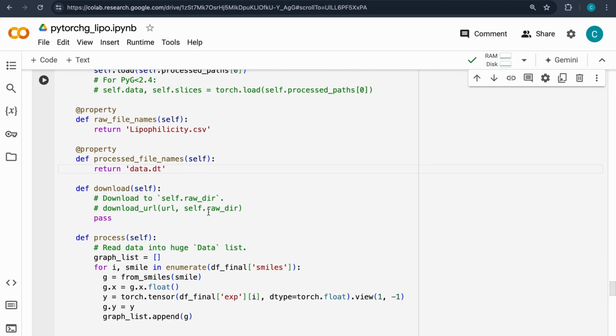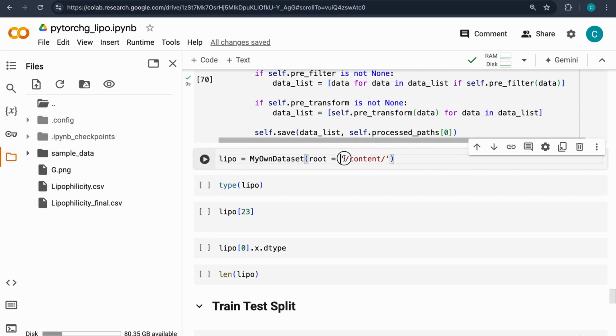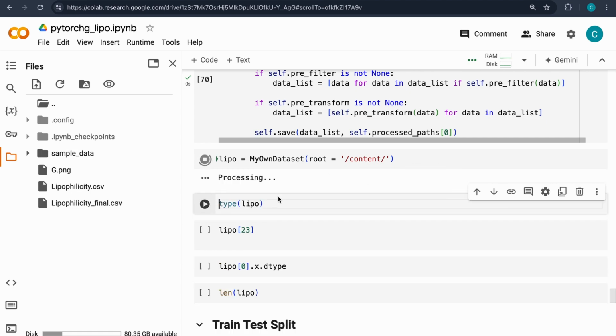And what would happen is when we run this, in the next line of code, we are going to be creating an instance of this class, my own dataset. And we have to put in the address where we want to store this graph dataset. So I just want to store it in here in the temporary folder. If you're running it on your computer, you can provide the path for that folder, or wherever location you want to save that data. So what would happen is that when I run this, it will process,